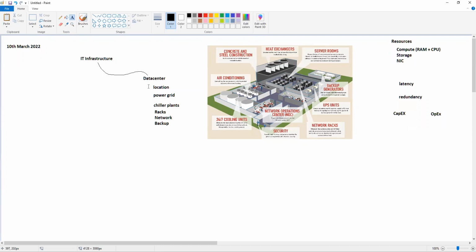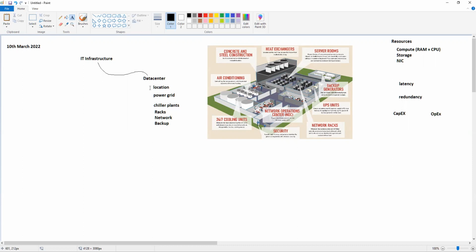Having this is one challenge, but maintaining it is another challenge, right? You're going to need those types of people. What will you do when your power grid fails? Some failures happen. You're going to have to call the electrician or the expert who can manage that. You have the location, you have the warehouse, the wall can be damaged, the windows can get damaged as well. So who's going to repair that? There will be so many different things that you have to take care of.